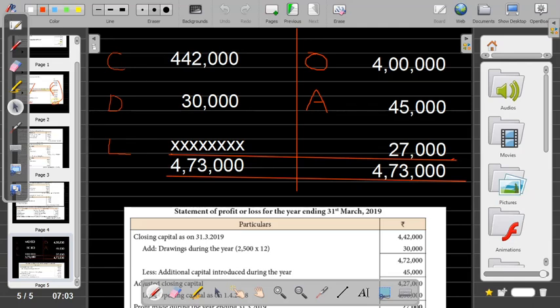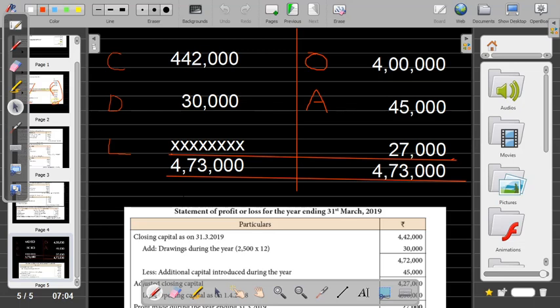As a short form, shall we call this CODAL? CODAL. So you start from the left side, the C, then you write here O, then you write here D, then you write here A, and then L. L represents loss. Now I am not giving anything for profit. See, either it can be a profit or a loss. If it is profit, then no loss will occur. If a loss amount is given, then profit will not occur. So it is just a short form to make you memorize this. Let us say this as CODAL.